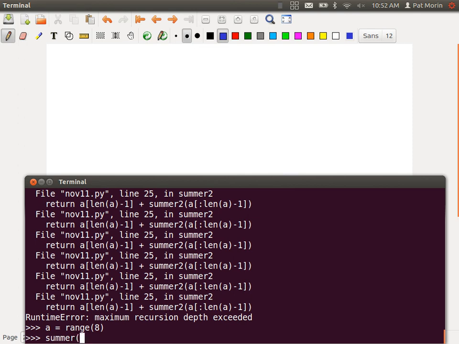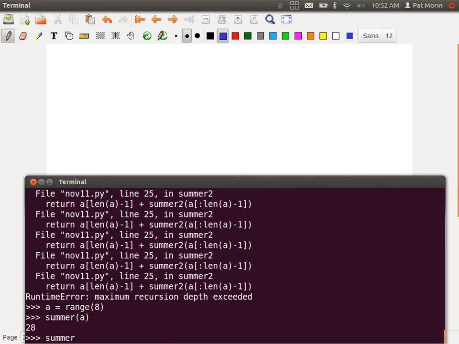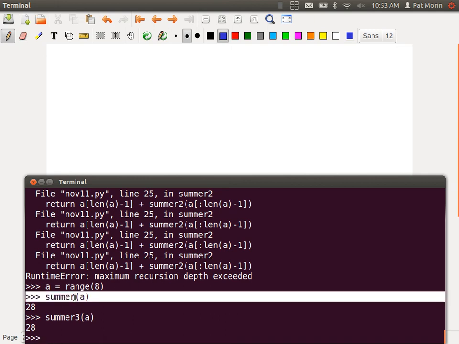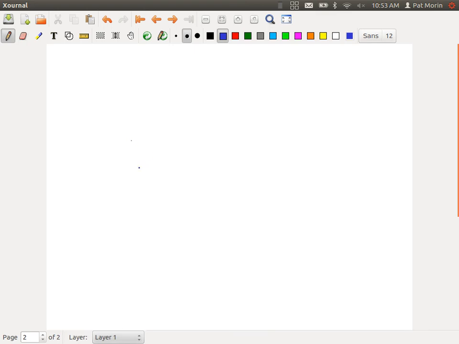If we look at what happens when we call, I don't want to draw 5,000 stack frames, but maybe 8 is a reasonable number. Look at what happens when you call, let's say, summer of A, the original recursive one